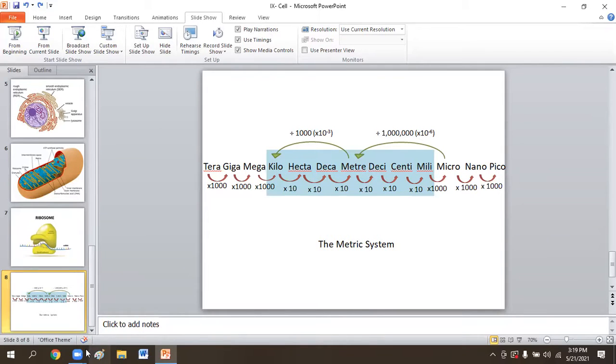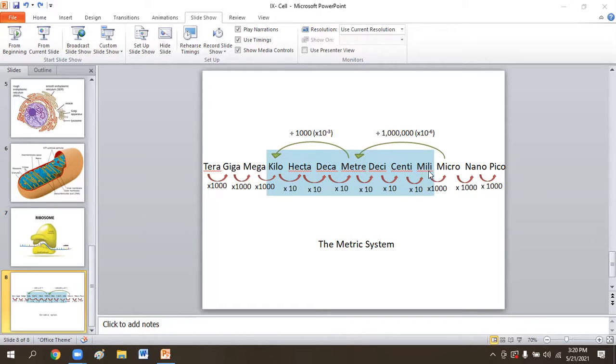So is anyone having a problem with it? No, ma'am. Ma'am, micrometer to millimeter. From 1 micrometer to how much millimeter? Okay, so 0.001, I mean 1 by 10 to the power 3, 10 to the power minus 3. If you want to convert micro to milli, we can write 10 to the power minus 3 only. Yes, from micro to milli, 10 to the power minus 3.